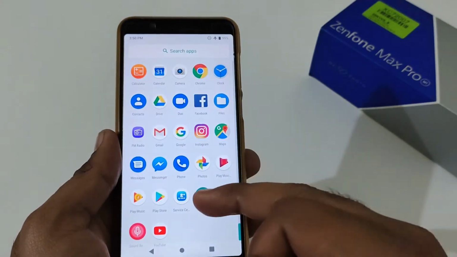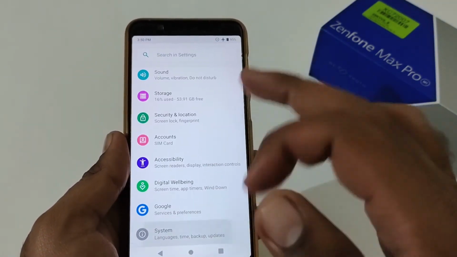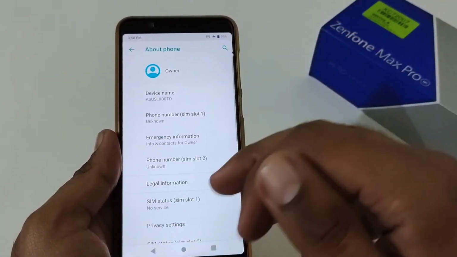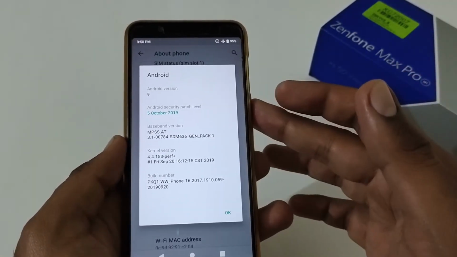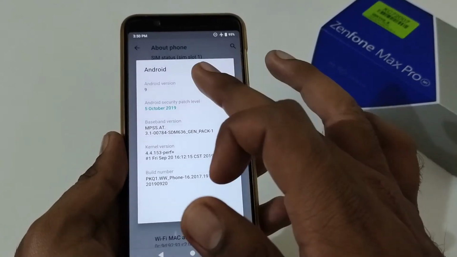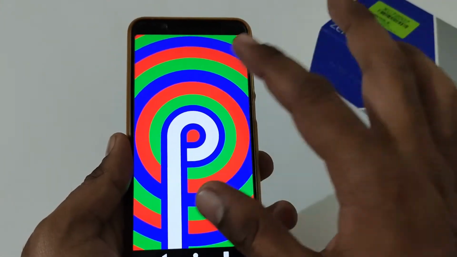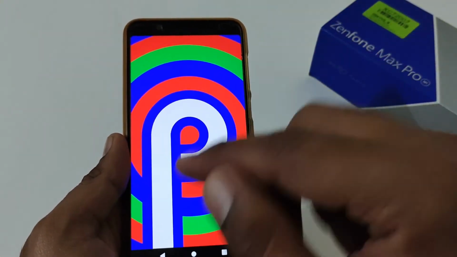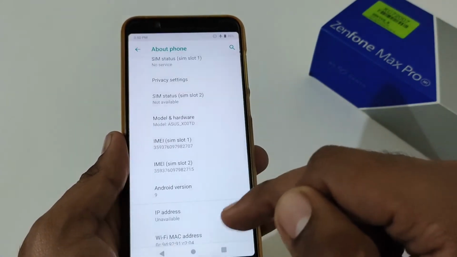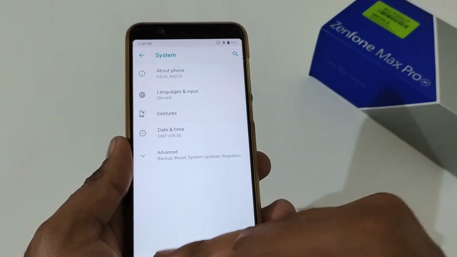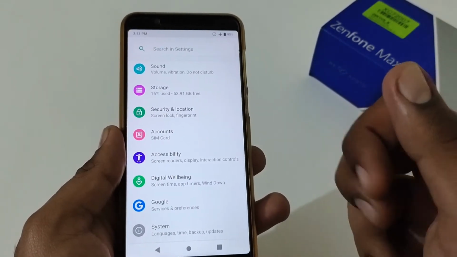Before turning it on, let me confirm that my phone is already on Android Pie. Most users are still on Android Pie because Asus has not provided any stable Android 10 update, so I thought let's create a dedicated video from the Android Pie perspective. As you can see, it is Android Pie with the 0.59 version, which is the most stable Pie version to date.